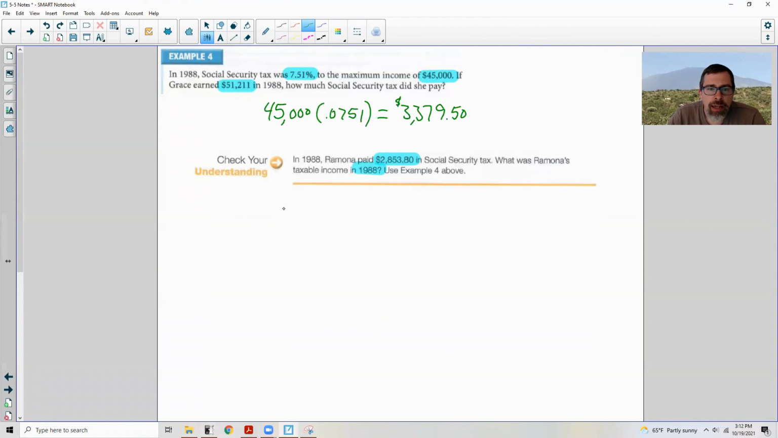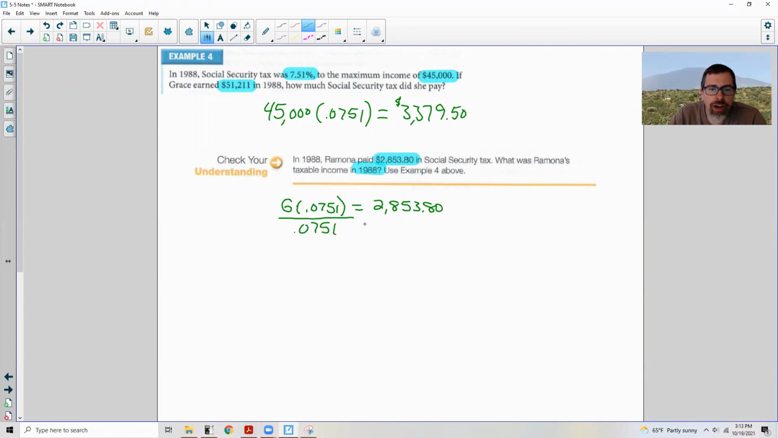So let's use G for gross income times the rate of, let's use a parentheses, 0.0751. So gross income times that. So in other words, we're trying to find the gross income. And she paid $2,853.80. So if you just write the formula and plug in the givens